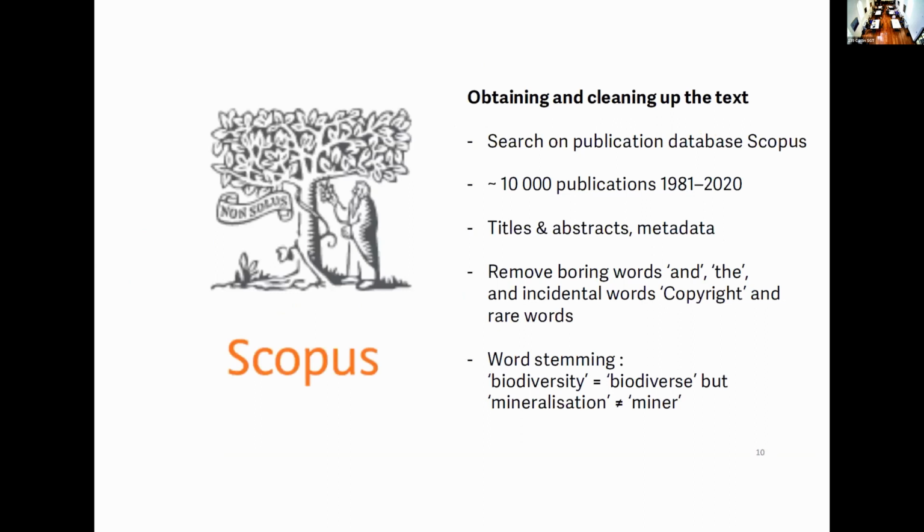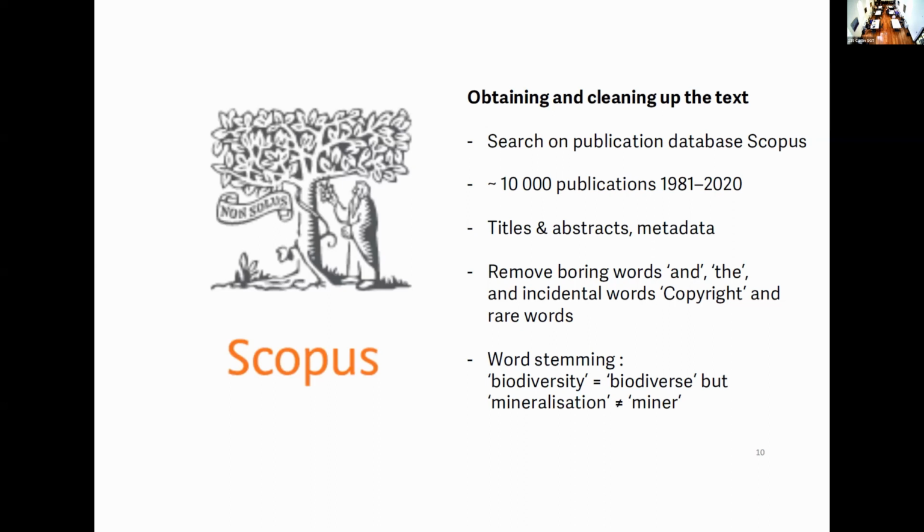So this slide is just kind of about the mechanics of where we got the text from. We just looked on a research citation database, and we've found every publication across our study period that had at least one author that was affiliated with an Australian Natural History Museum. So that gave us about 10,000 publications. For the text, we took the titles and abstracts, so that's what we analysed. We had a bunch of metadata, but for the purpose of this exercise, we're just interested in the year of publication.